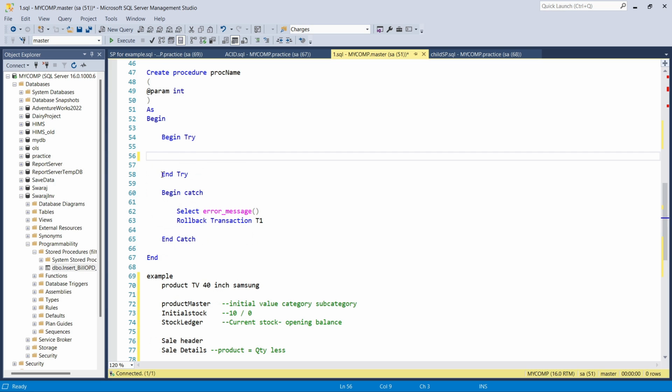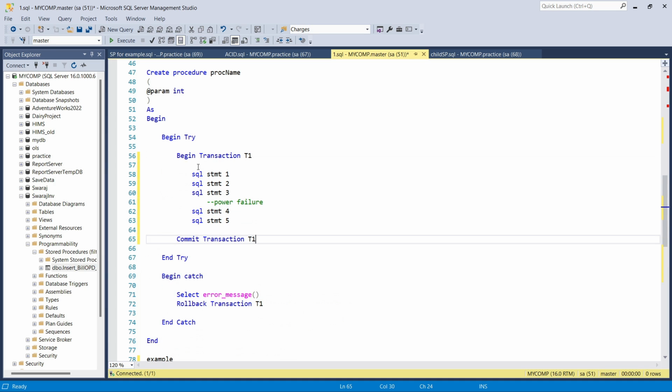Begin try, then end try, and inside, as we learned in exception handling, if any error occurred, then begin catch, so we can log that error and all these things, correct? And how to implement the transaction in a stored procedure: between begin try and end try we specify our code, and if any error or issue occurs, then we can roll back the transaction. To start a transaction, we use begin transaction T1, where T1 is the name,